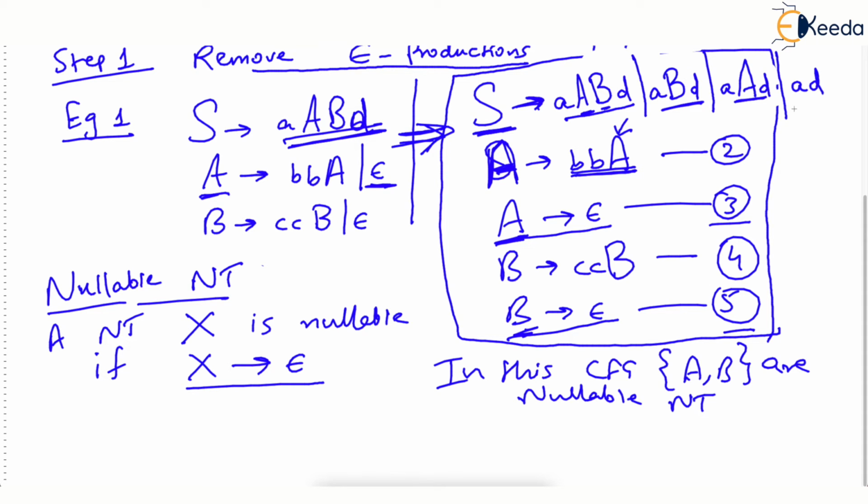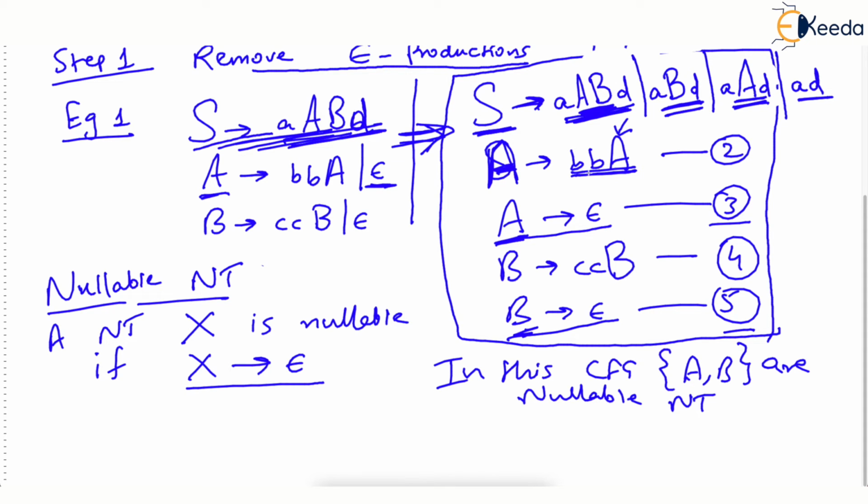By the way, what you understand is on the right hand side, when you have some nullable non-terminal, then you write that production with the nullable non-terminal and without nullable non-terminal. Now, if you have two nullable non-terminals like AB, then you will have to check both the combinations. First remove only A, just as in this case, then remove only B, and then remove both. And of course, you have to write one more production which was the original production. Then this single production in the given grammar has produced four productions. You can see this is the revised production.